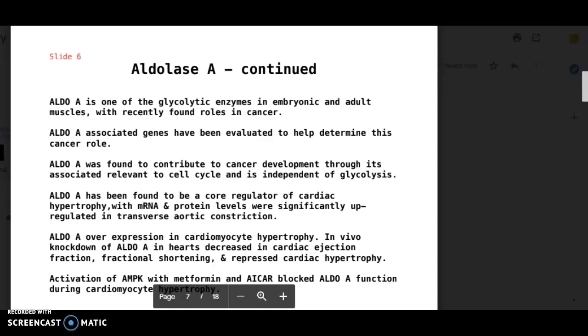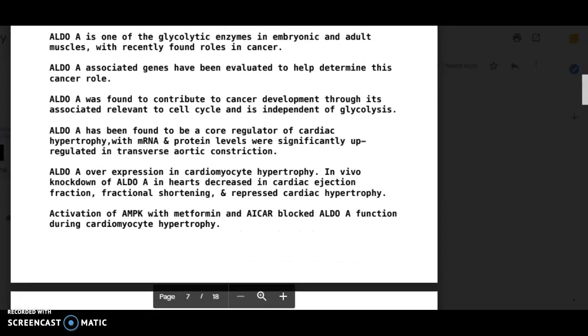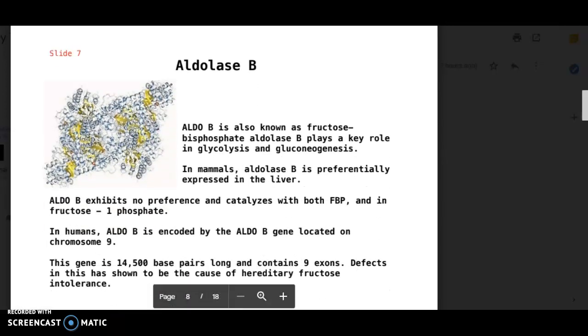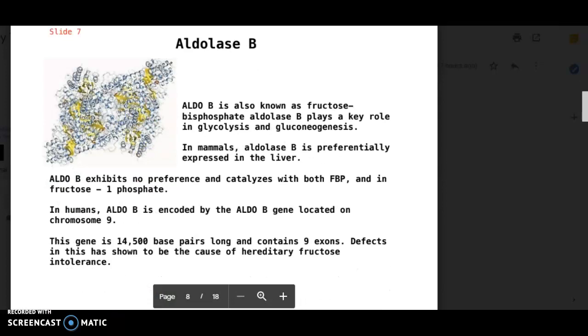Now we're going to go on to aldolase B. Aldolase B is also known as fructose bisphosphate aldolase B or liver type aldolase. It is one of the 3 isoenzymes A, B, and C of the class 1 fructose 1,6-bisphosphate aldolase enzyme, and plays a key role in both glycolysis and gluconeogenesis. The generic fructose 1,6-bisphosphate aldolase enzyme catalyzes the reversible cleavage of fructose 1,6-bisphosphate into glyceraldehyde 3-phosphate